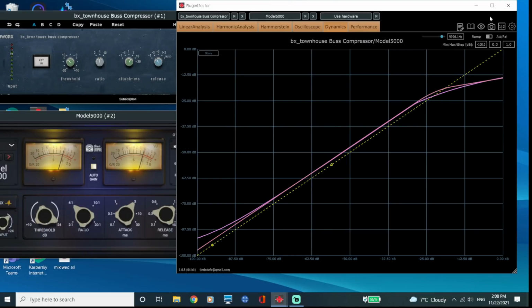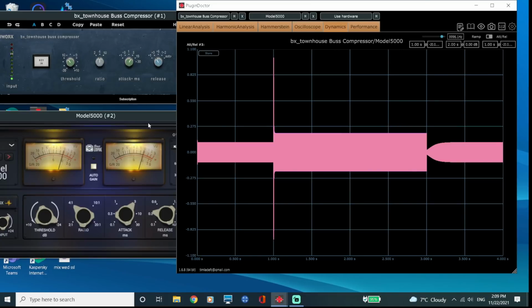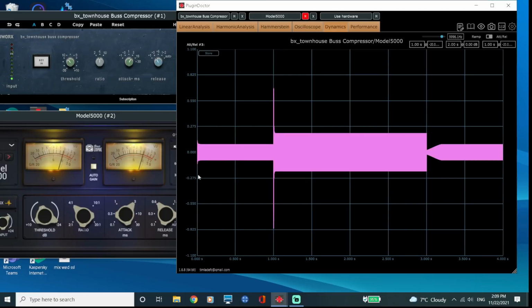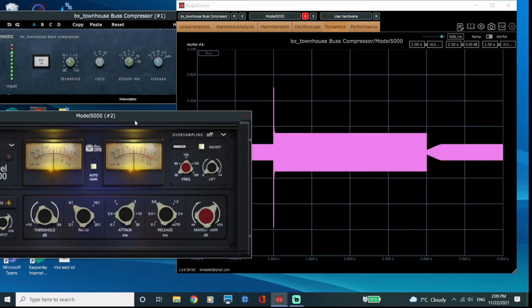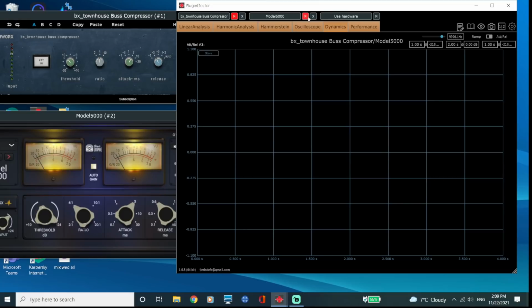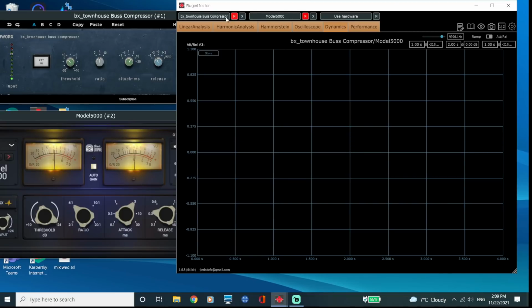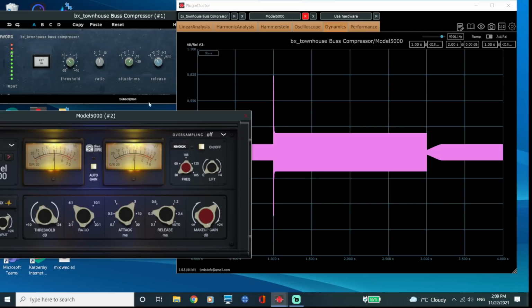And normally you'll see it most in the release. So as you can see, even though the release is the exact same, the shape of the release is completely different in both. And it doesn't matter how I affect both, the difference is the difference. I can't get the release of the Model 5000 to match the Townhouse and vice versa. It just is what it is. So I can have them in the same settings, but I do understand that there are differences and I can't get them any closer. However, there may be times when you can get them a little bit closer.